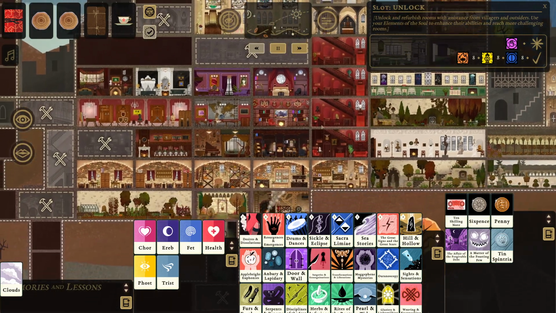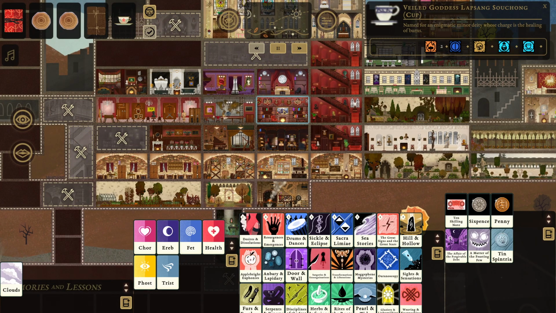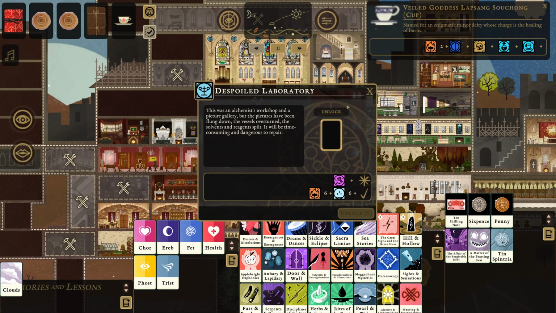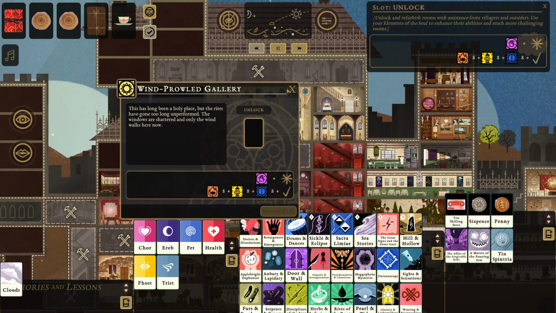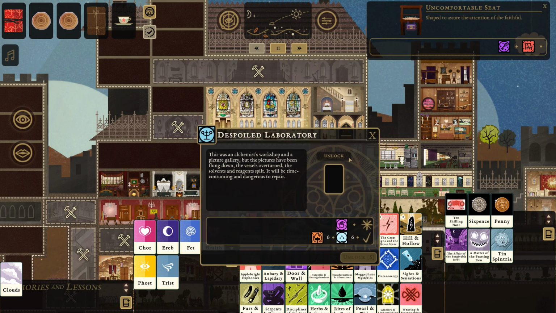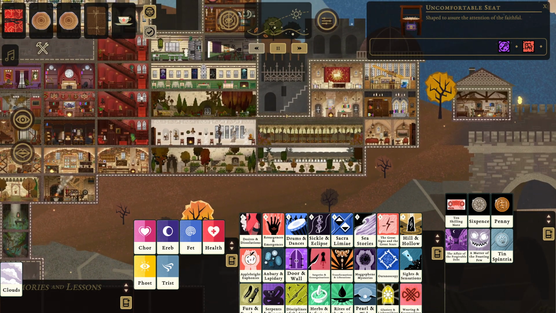On the other hand, Denzel seems ready. So with the Veiled Goddess Lapsang Suchong, well, no, because actually we don't have much in terms of Forge to give him. So we could bring him up to 4 with his natural ability and his natural ability in the memory. Then we could bring him up to 5. Well, okay, that gets me the Despoiled Laboratory. But it does seem a little silly to just give up a T when I'm perfectly capable of getting a medal for that. So, yeah, I think I probably want to...